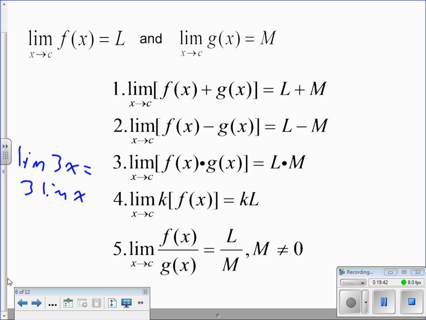What this technically does is it lets us take something that is very complex and break it down into simpler parts. These rules let us take, hey, we've got this and this. We can split them up, or we can bring them together if we want to. If we have two functions that are added and we don't want to do them individually, we can put them together and then do them as one. We can do that. So far, all we've done